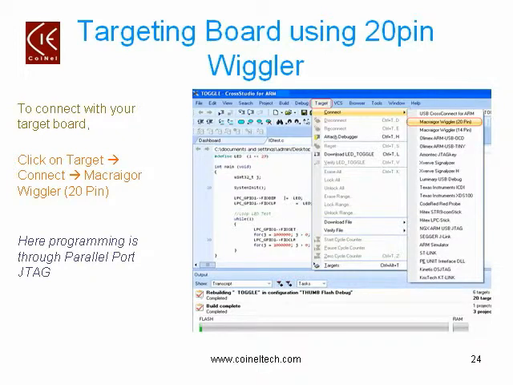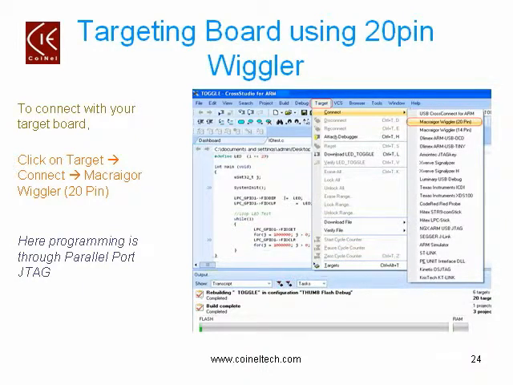After your code is compiled, now let us learn how to target your board using the 20-pin Wiggler option. To connect with your target board, click on the Target menu and then in the pull down option go over to the Connect option and next to MacGregor Wiggler 20-pin.